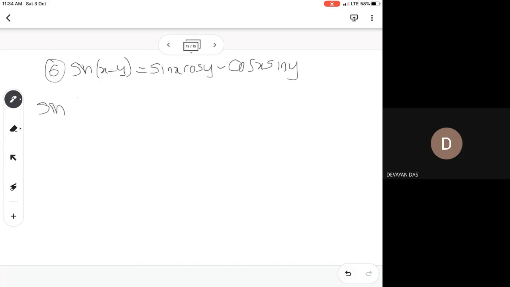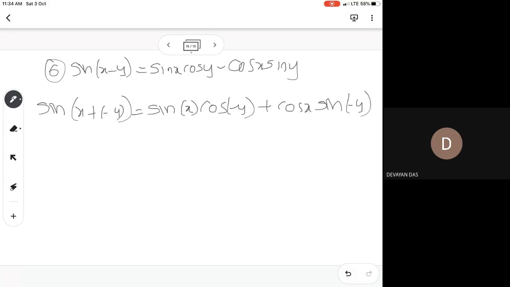So that means you can write it like this. Now sin of (x plus y) is done. What is the formula of sin of (x plus y)? Sin x cos y plus cos x sin y, isn't it? So this can be written as: cos of a negative angle will be as it is, so sin x cos y minus cos x sin y. Sin of minus y is equal to minus sin y, so that's why its sign changes. Okay? Did you get my point?